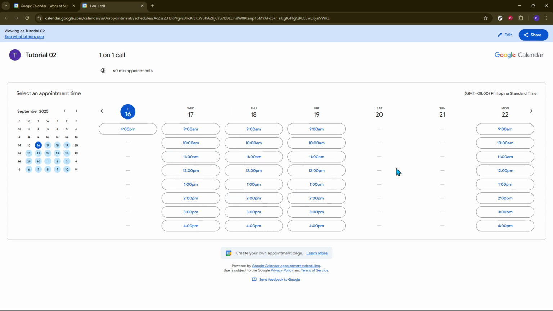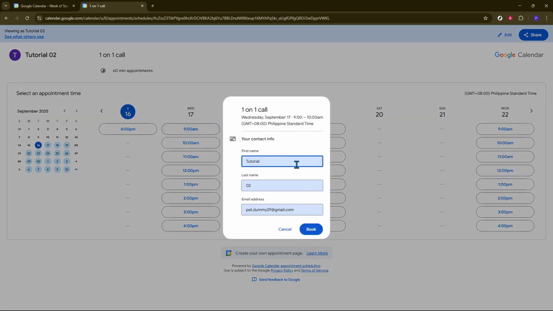Once you finish creating your booking link, click on Copy Link, and then you can send it to recipients, allowing them to book appointments directly through the link you have prepared. Now you're equipped with a fully functional